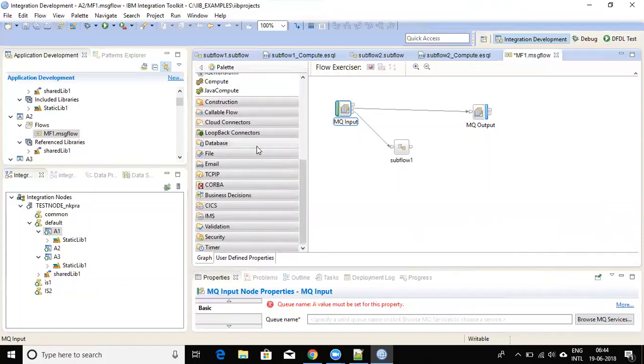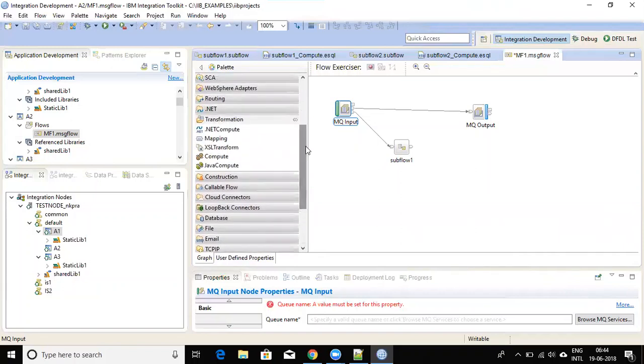And there is transformation. There are different ways we can do it. Mostly we use the compute node, and there is a Java compute node. It is built in. In the Java compute node you have to write Java classes, and the syntax will be different from native Java, but the concept is the same, whatever Java does, it does the same thing. Next is the XSLT transform. If you have to write a transform, we can write an XSL also in the XSLT transform node. And the mapping node gives the flexibility to drag and drop from the source to